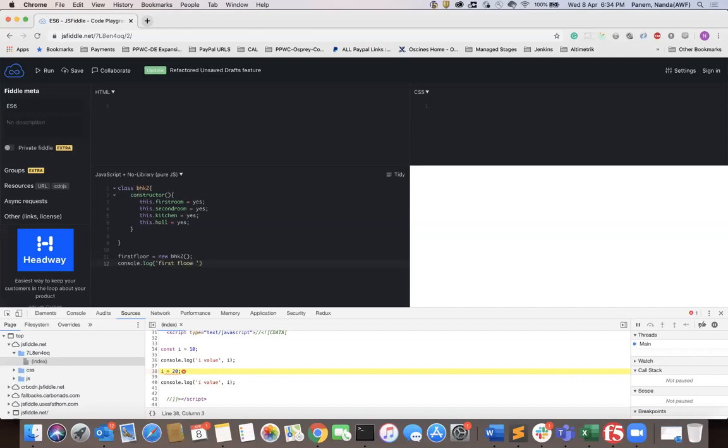First floor plan, first room, first floor dot first room.